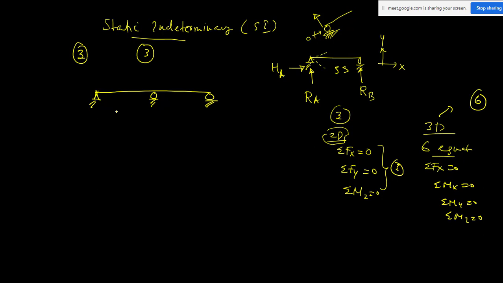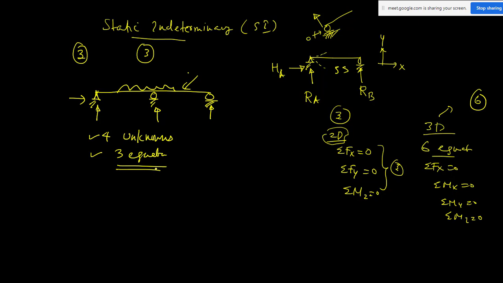So in this case, how many reactions will be there? For each hinge support, one reaction, a second reaction, another reaction, and here we are going to have four unknowns. Unknown means these reaction values we have to find out. There will be some loading in the beam, and there will be reactions due to this force. So there will be four unknowns, but it is a 2D plane structure, so we have only three equations of equilibrium. That means by using only these equations of equilibrium, we will not be able to find out all four unknowns.